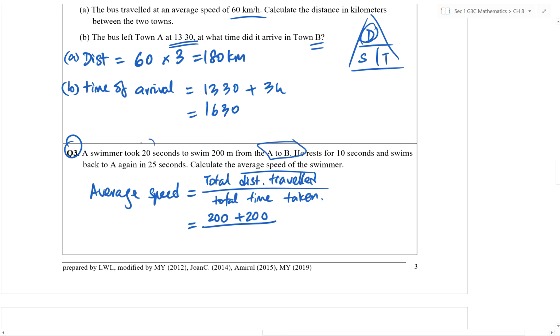From A to B, his time taken was 20 seconds. Now there is a rest for 10 seconds. This 10 seconds is part of the total time taken, so we have to add that in. After that, he swam from B back to A, this time he took another 25 seconds. When we add and we divide all of this, we have 7 and 3/11 meters per second. This is the average speed. So even though he wasn't moving for 10 seconds,